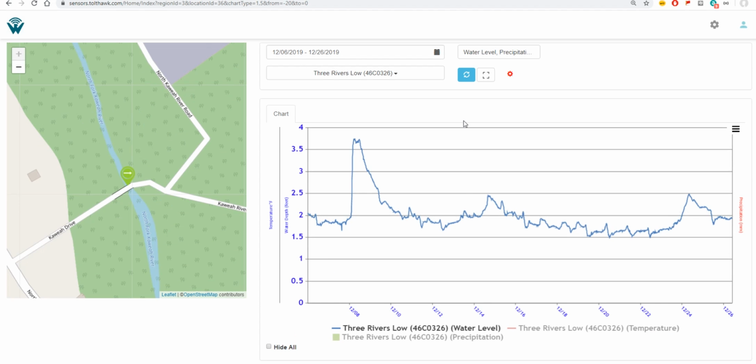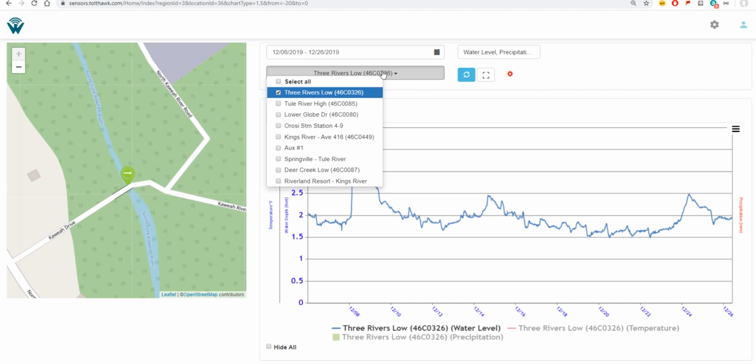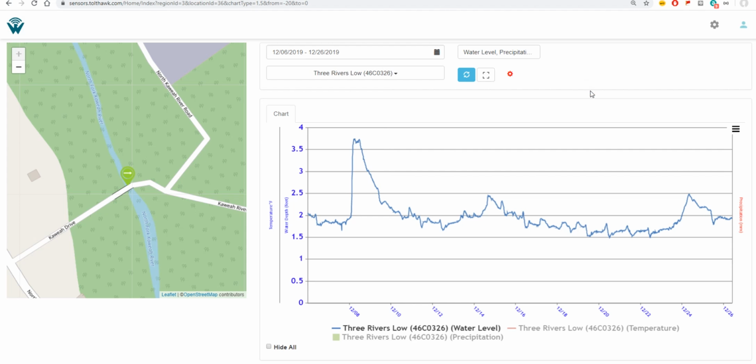Anyhow, going back to the data, as you can see, I have selected the dates from December 6th to December 26th. The types of sensors I'm looking at are water level, temperature, and precipitation data. I'll explain why you're not seeing it currently. The data is there, I just turned it off for a second. And then the location name: in this particular region there are other locations, and I selected Three Rivers Low, and that's the data